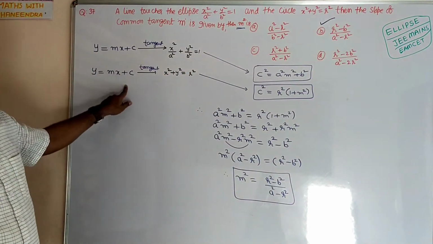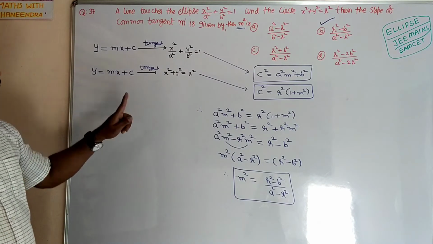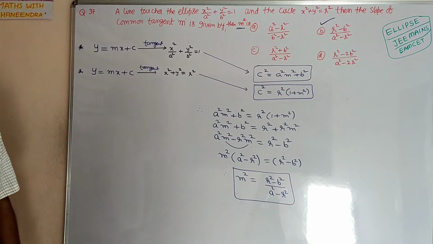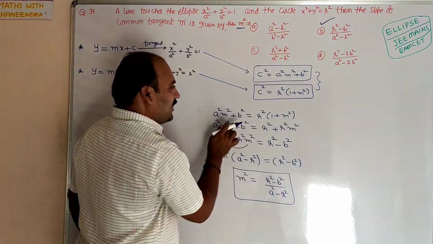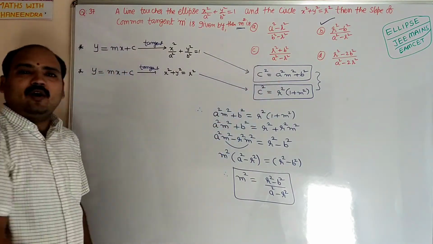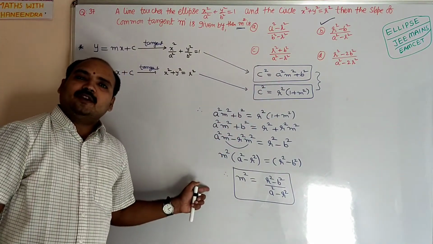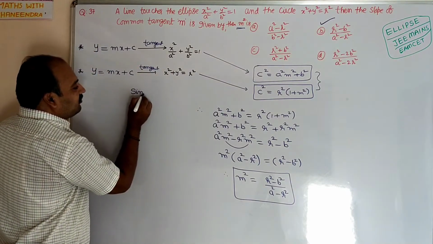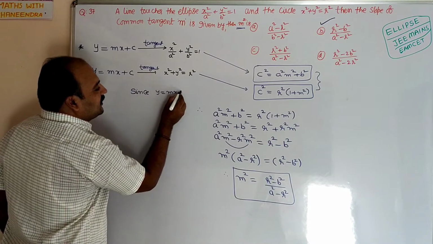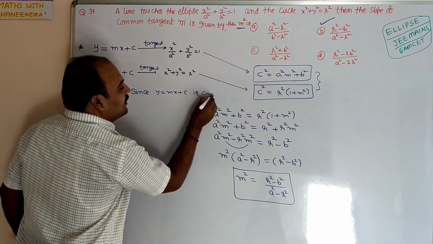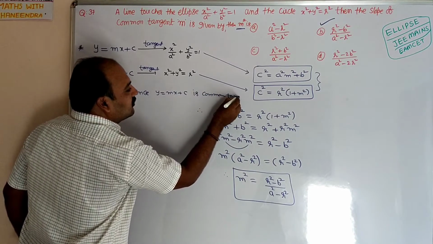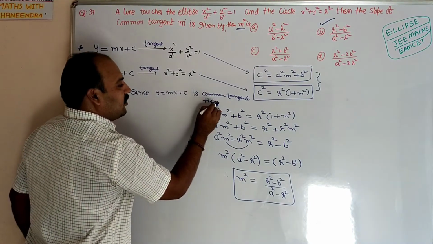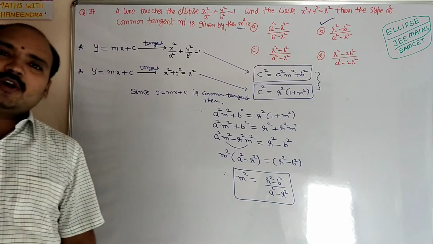This is a conceptually very important question, dear students. You have to remember this first point and this second point. From these two, we write the equation because the LHS are equal, so we have to equate the RHS. That condition we apply. Why? Because it is a common tangent, since y is equal to mx plus c is the common tangent, both c square values are the same, so we equated these two. We will move to the next question.